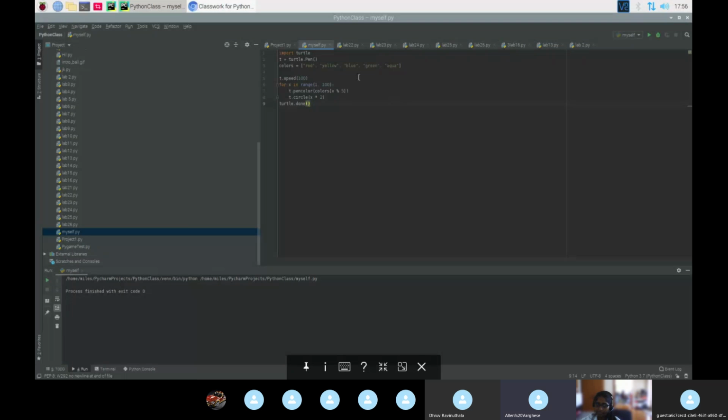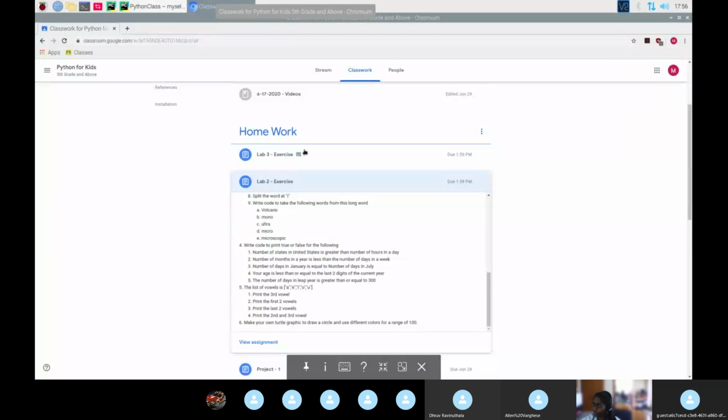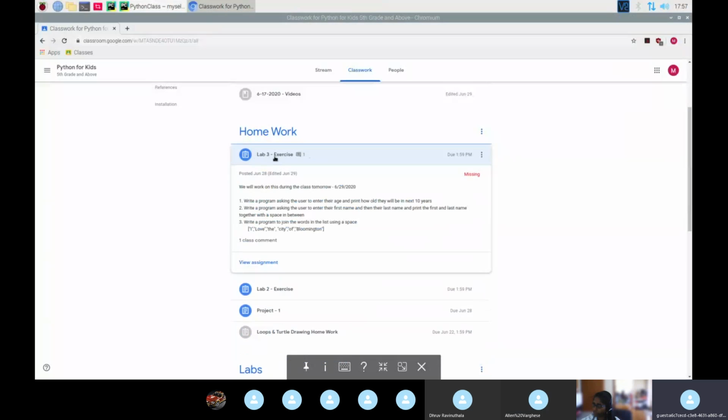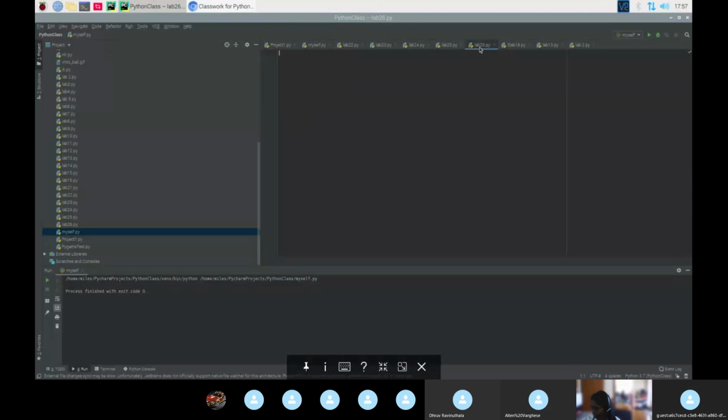Then what about lab 3? Did you do the problems in lab 3? I didn't do anything on this. Okay, so now you can work on that right now. You can stop sharing. Advait,